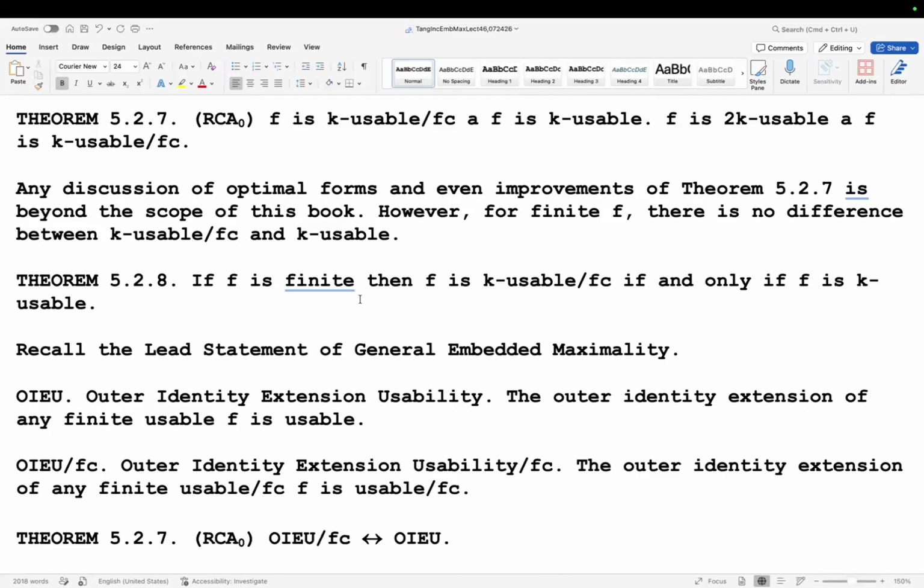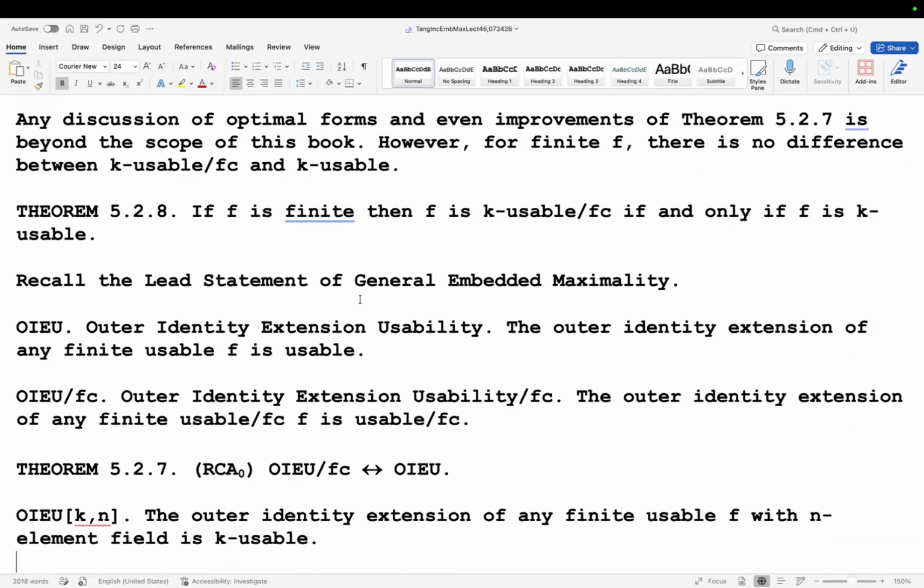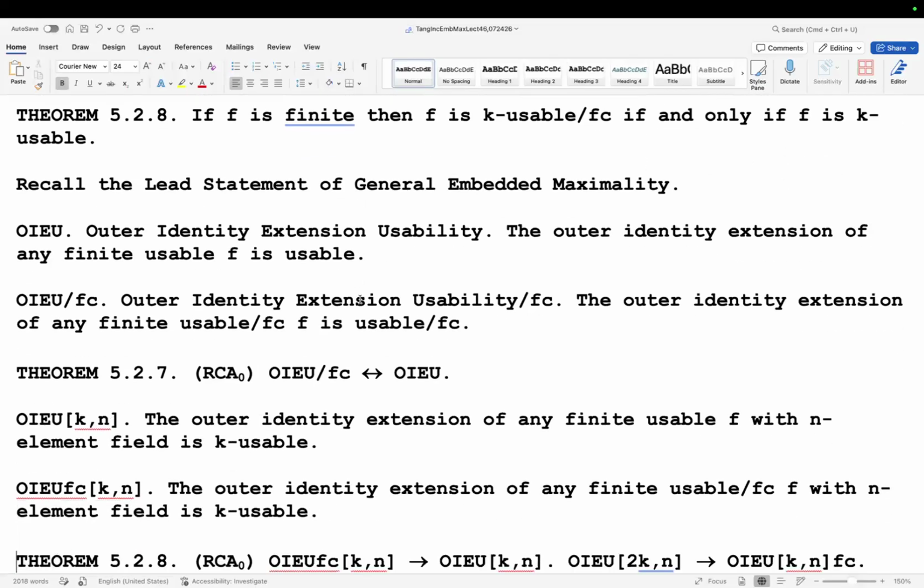It turns out that for the finite case, K usable implies 2K usable. You can raise it up once it's dimension two, and then in one dimension you have to do it by hand. All right. Now, I don't want to dwell on this. Okay. So recall the lead statement of general embedded maximality is OIEU, the outer identity extension of any finite usable